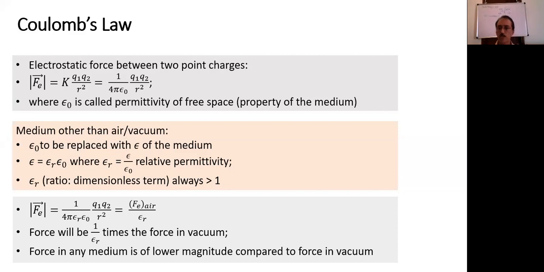That's what the effect of the medium is. Permittivity changes, hence the force also changes. Can the force become larger? No. Any medium has a permittivity greater than vacuum. Hence, for identical charge and distance combination, force is maximum in vacuum or air. Any other medium, it becomes smaller. Actually, air also has a relative permittivity of something like 1.003. Just higher than 1, but we take it almost close to 1.